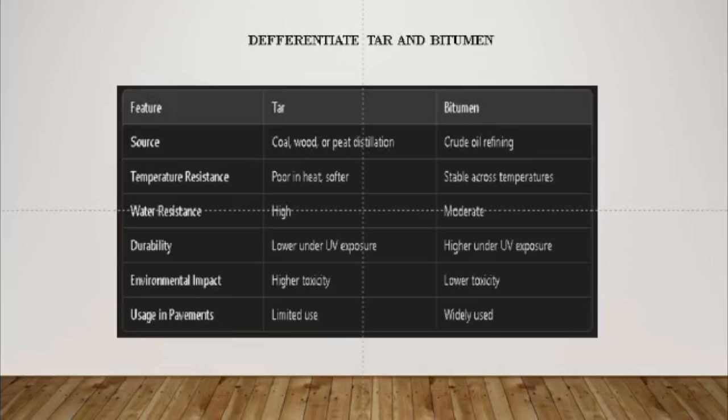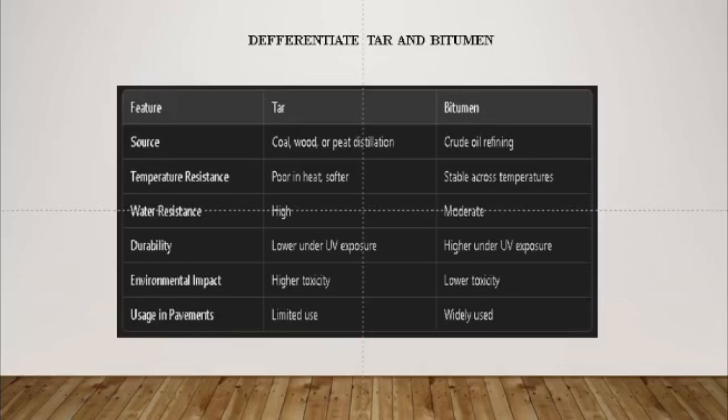The next feature is temperature resistance. Tar has poor heat resistance, while bitumen is stable across temperatures. So bitumen is more flexible compared to tar. In terms of water resistance, tar is highly water resistant, while bitumen is moderate. In terms of durability, tar has lower UV exposure resistance, and bitumen has higher UV exposure resistance. In terms of environmental impact, tar has higher toxicity and bitumen has lower toxicity. And in terms of usage, tar is limited while bitumen is